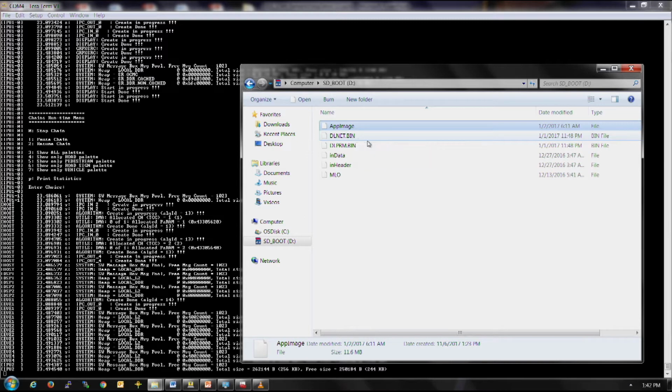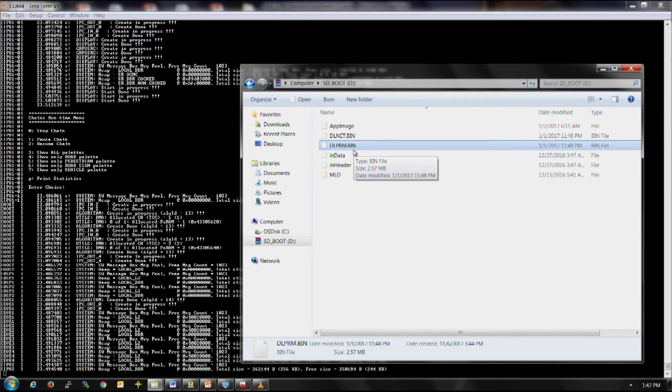The actual deep learning network is called dlnet.bin, a binary file which represents the network. Along with that, we have dlprm.bin, which is the coefficients or the database associated with this deep learning network.